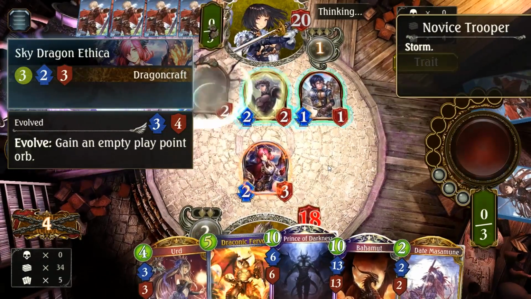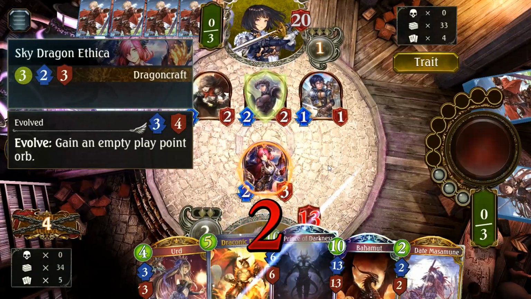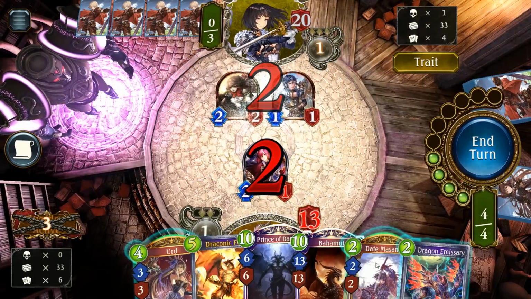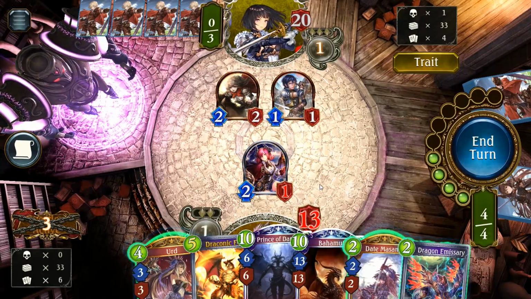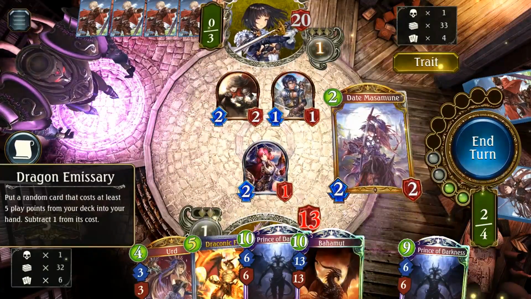Turn 4. We don't really have a strong turn 4 play. We can kill this one. We can either play these two or use Earth to replenish the health of Ethica. But she'll probably die next turn anyway from an evolution, so